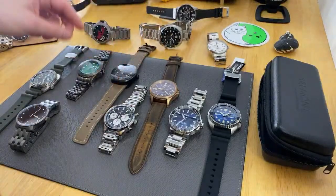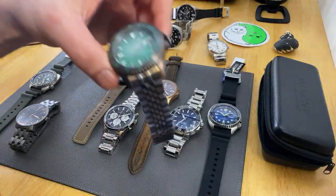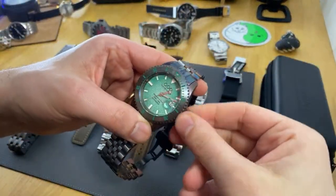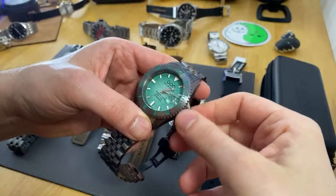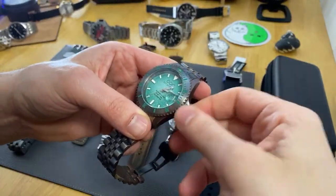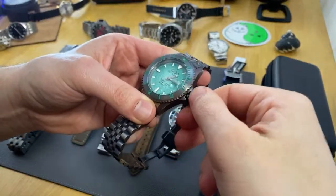Okay, let's see what else I can pull out here. Okay, this is a funny one. This is the first Out of Order watch that I've played with. This is from their, I guess, Swiss made collection. I think it has an ETA 2824 or similar inside of it. Out of Order is an Italian brand that